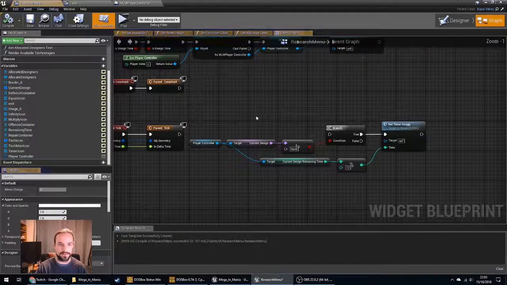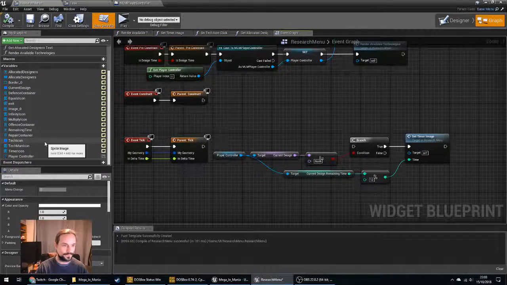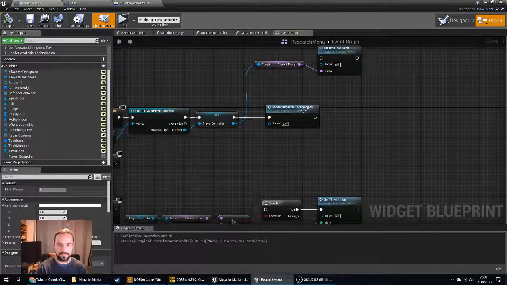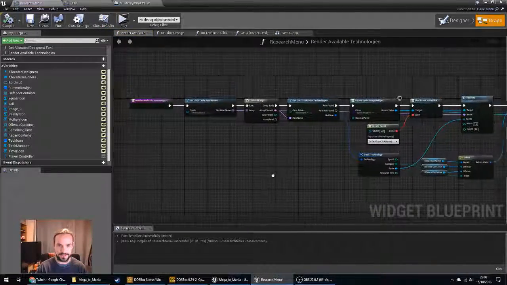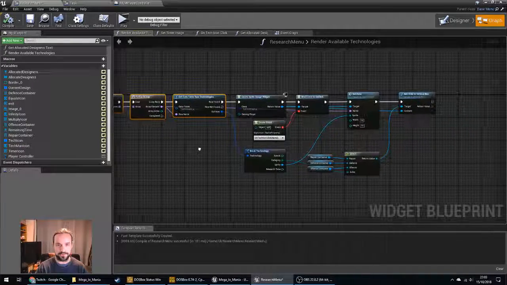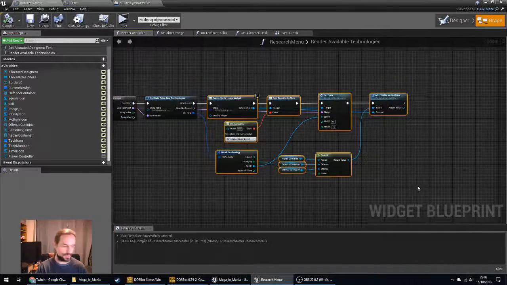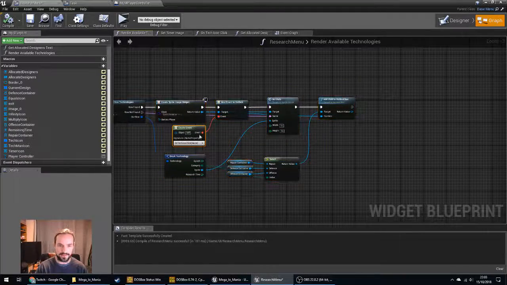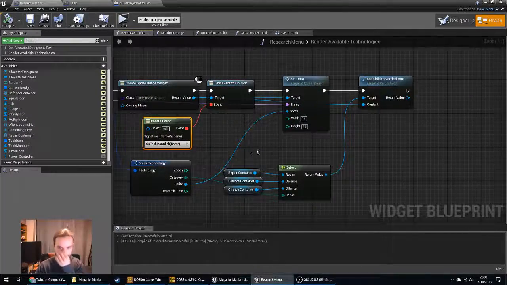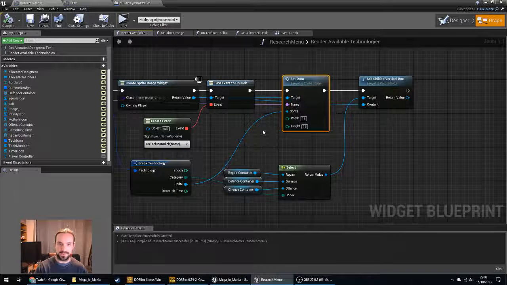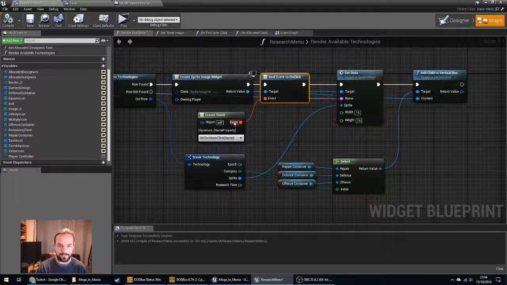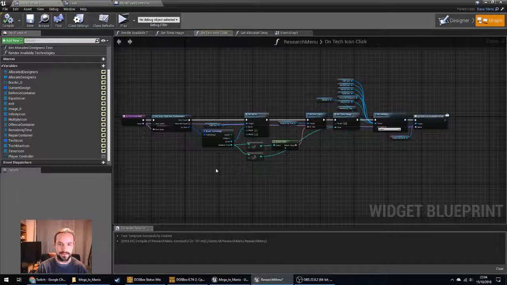And when we go back into the graph, we render our available technologies, and in here we get all the available technologies from our data table. We create the appropriate image widget for each of them, bind to their click event, and we're setting the data on the old stuff. Was that the new stuff? Set data. No, that's the new one. That's fine. So this is the click, so we need to go to the click event for that